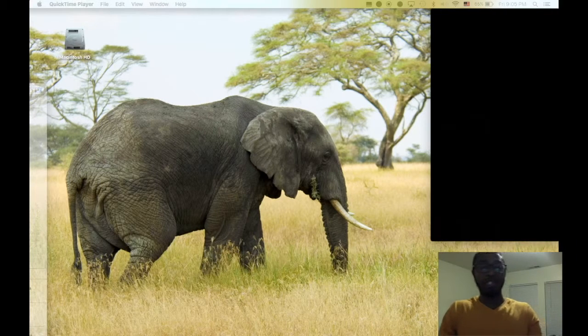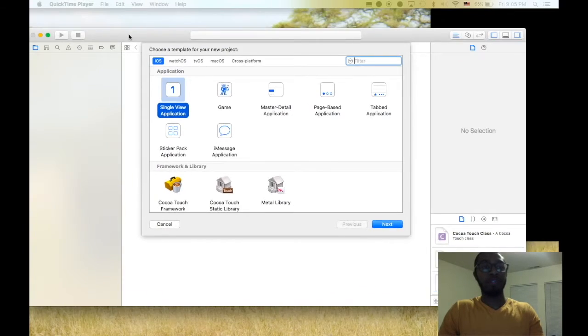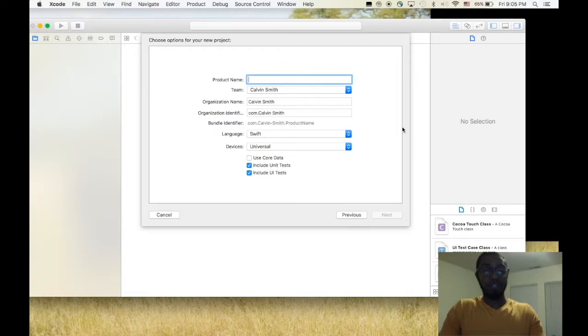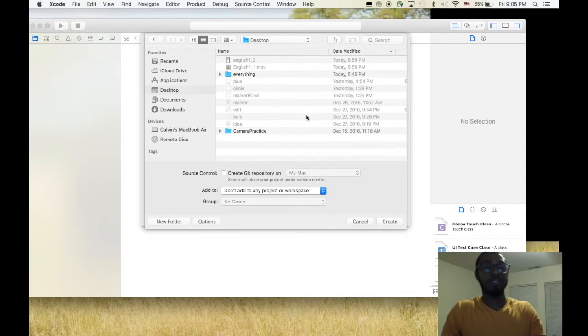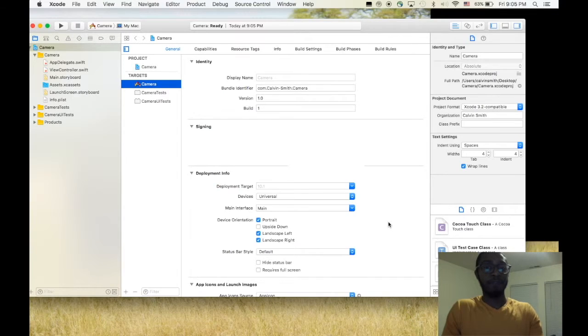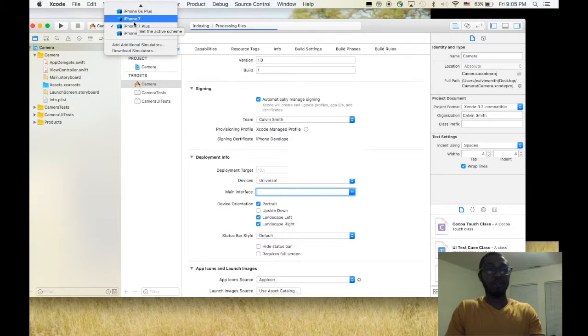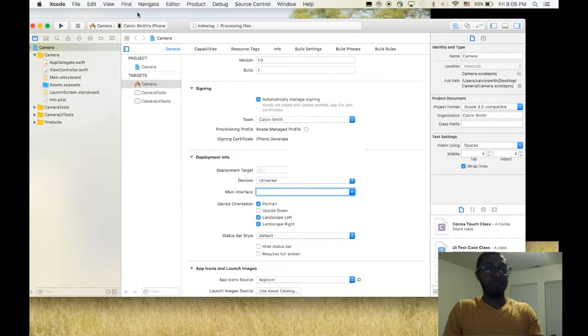Alright, so now what we're going to do is open a new project. File, new project, with a single view application. Let's give it a name of camera, or you can give it a name of whatever you wish, and you can save it wherever you would like. I'm going to save it on my desktop. And we can get rid of the main interface, main, because we're going to write all our code out. Use my iPhone, and now